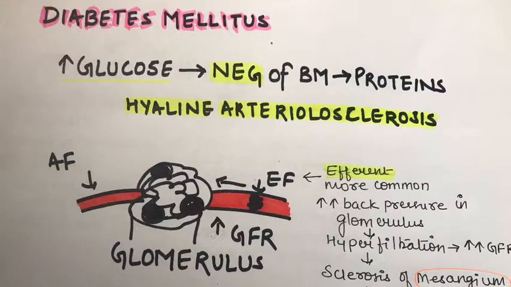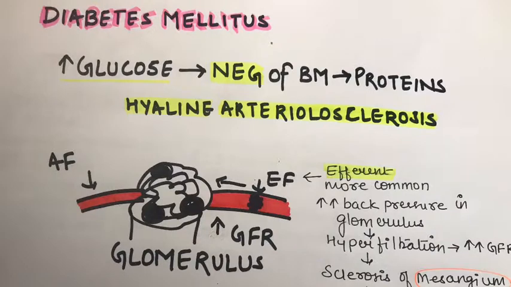Now we'll talk about diabetes mellitus. Diabetes mellitus is an endocrinological disorder of glucose metabolism. This leads to increased glucose because of either increased insulin resistance or downregulation of the insulin receptors, which ultimately causes a major problem in the kidneys. Why? Because there's non-enzymatic glycation of the vascular basement membrane in the glomerulus. This leads to an increase in the proteins in the vessel walls, resulting in a key term that we need to know: